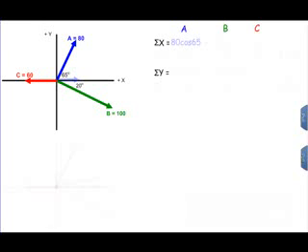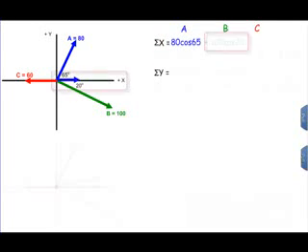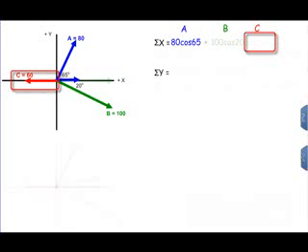So let's get the values now, and you see the x component of vector A is 80 cosine 65. You can see the vector flashing as well as the value. The x component of vector B is 100 cosine 20. And the x component of vector C is vector C, and that is a negative value,